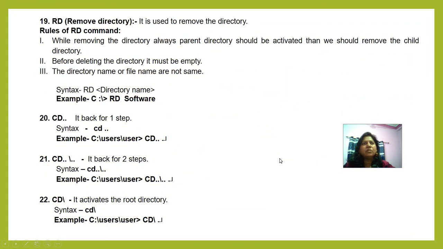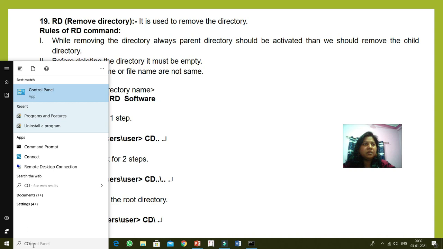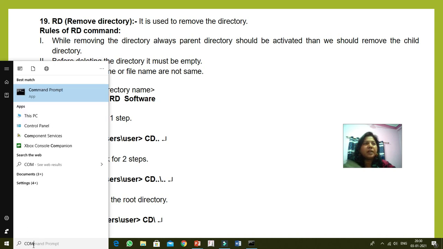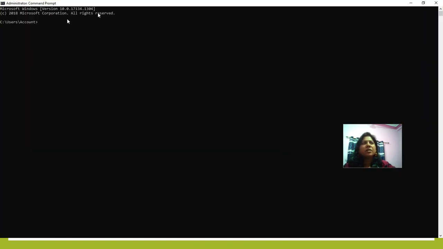So now we start the DOS prompt where we should execute all these commands one by one. Now in my search option I am writing CMD, or you may write command. Okay. So now this is the DOS prompt.